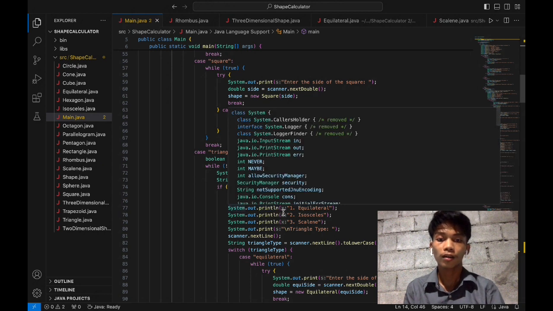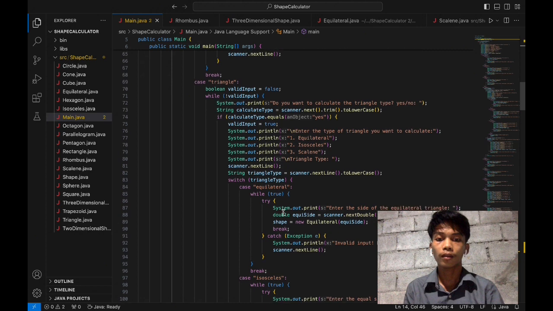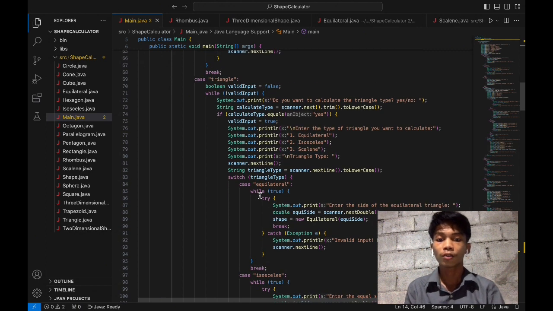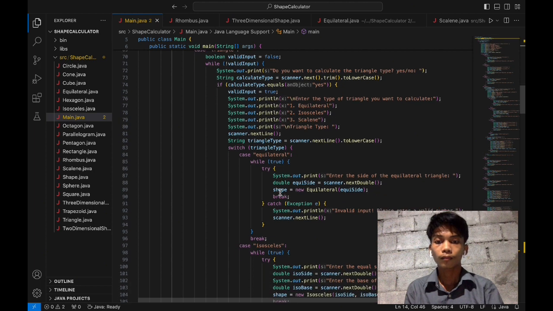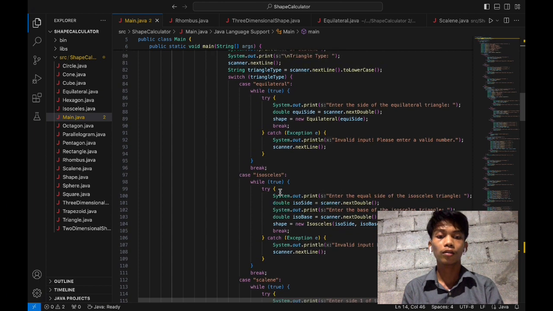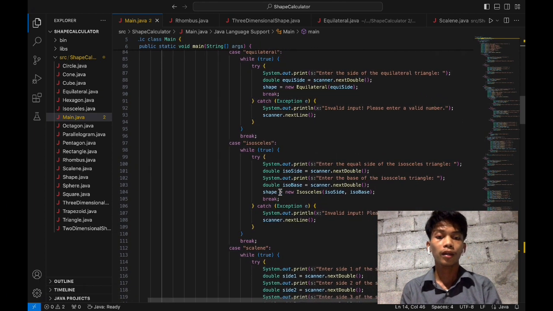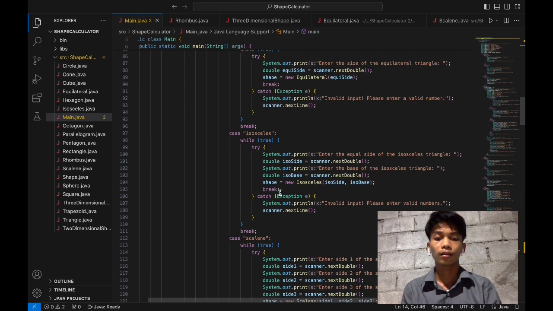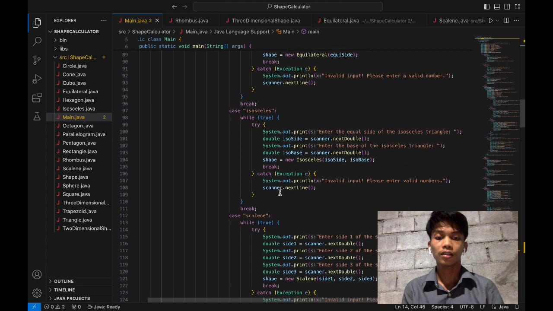And also we have a statement: if the user chose yes, it will ask for the specific type of triangle, which I said earlier, and based on the type, it will also create the appropriate triangle object, such as